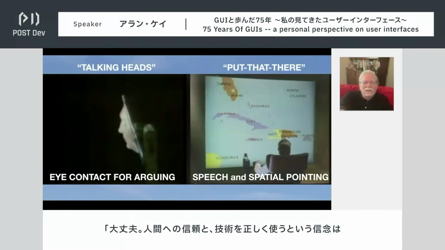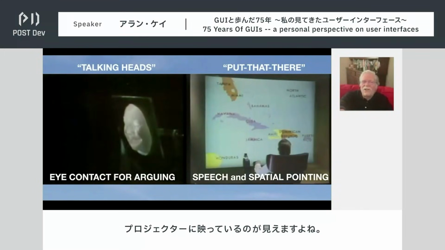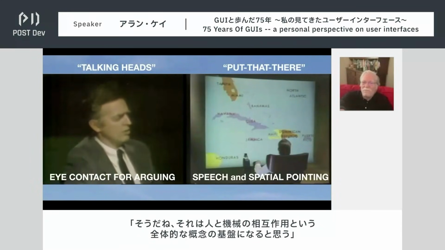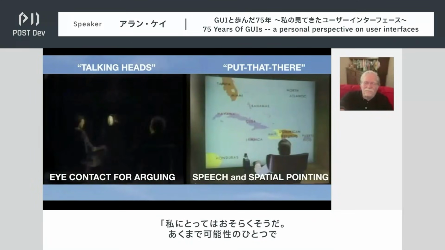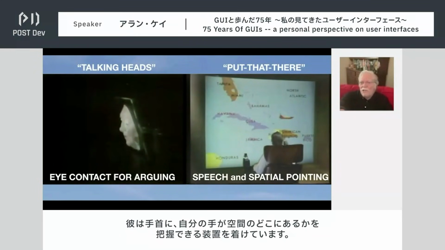Belief in human beings and a belief in proper use of technology, which you're right, I think that's essential to the understanding. So you can see it's a projection of a... I think that would tie in with the whole general notion of cybernetic feedback. To me, what it does, but the possibility, human power, human imagination. He's wearing something on his wrist that knows where his hand is in the space.